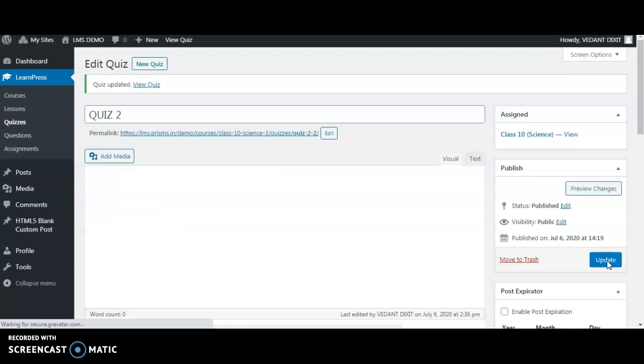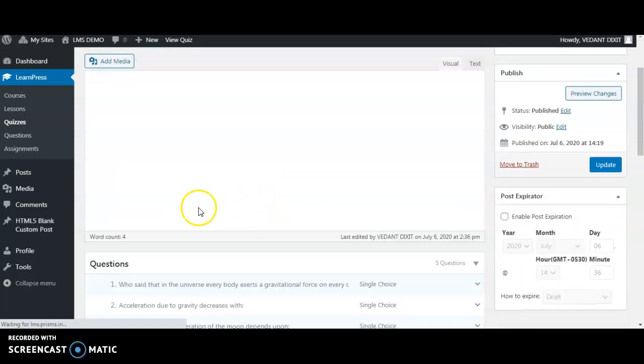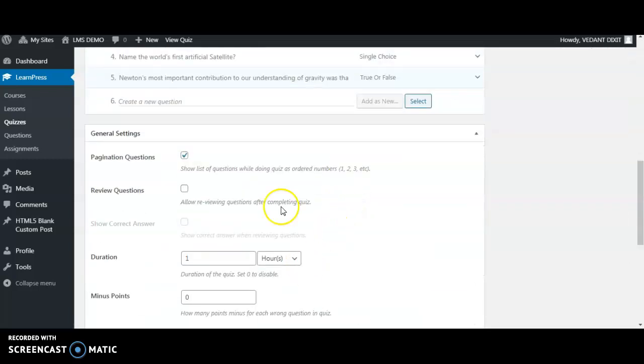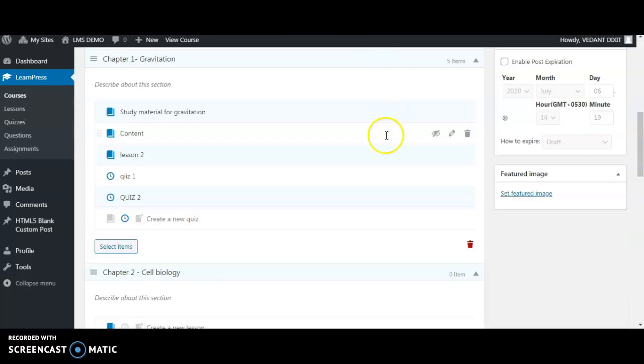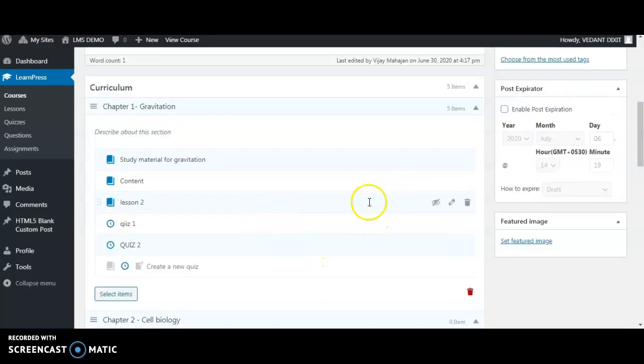So as the quiz is in an existing course, if you have made it inside an existing course, it's going to be visible to the students instantly as you update it or make it. Now let's say if you don't want that, you want the students to see the quiz after a specified date, or you don't want them to see what you're making. After you're sure with it, you want to publish it. So for that, what you can do is you can type in the quiz title, let's say quiz 3. Okay,